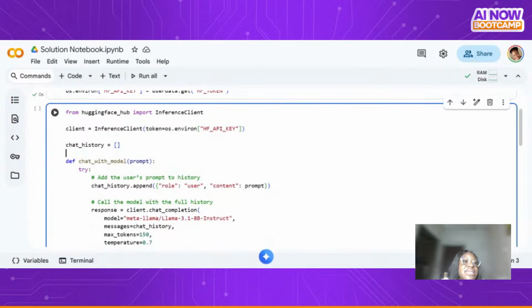So after creating our client, the first thing we want to do, just like our assignment said, is to create an empty list. So for those that are very new to Python, right, it's just like, when you are creating a list, you want to go and buy something in the market, you will create a list of the different things, right, that you want to buy. And this list can contain different kinds of things, right? The same thing applies to here in Python, right? You create a list. A list can contain any